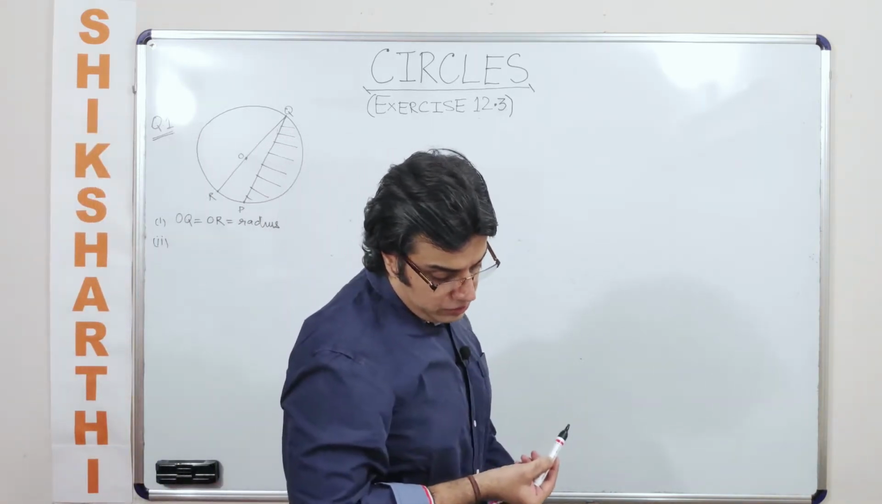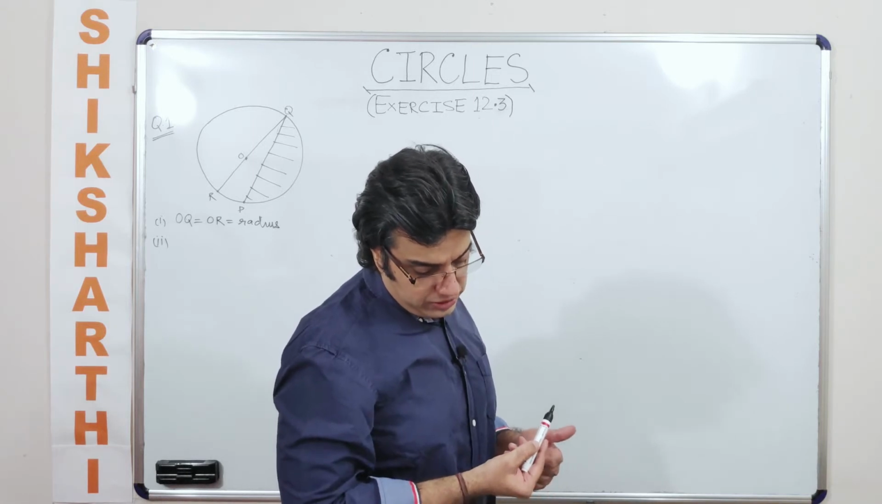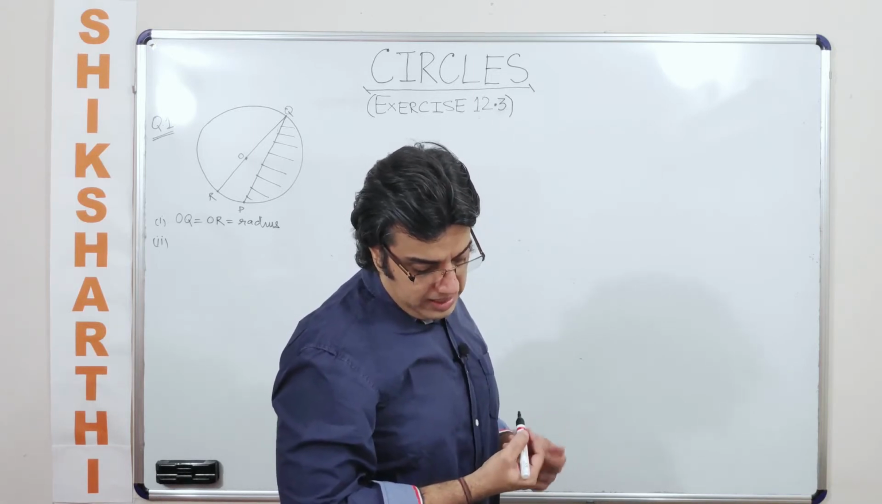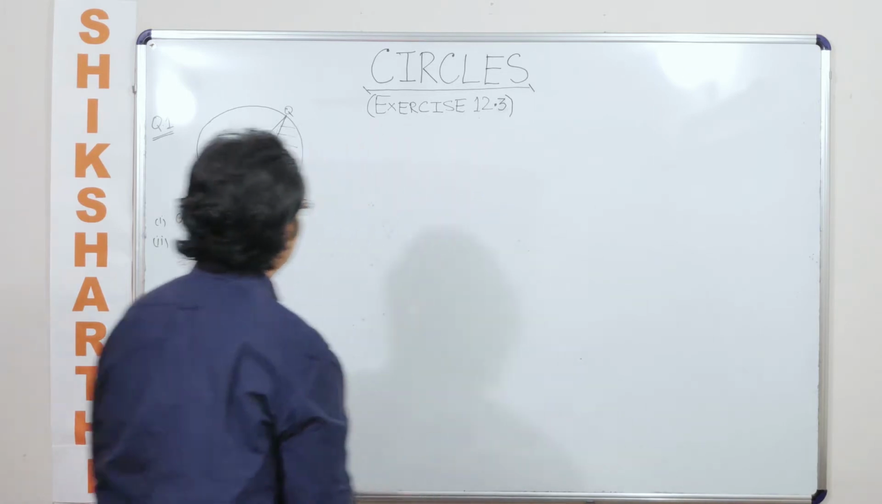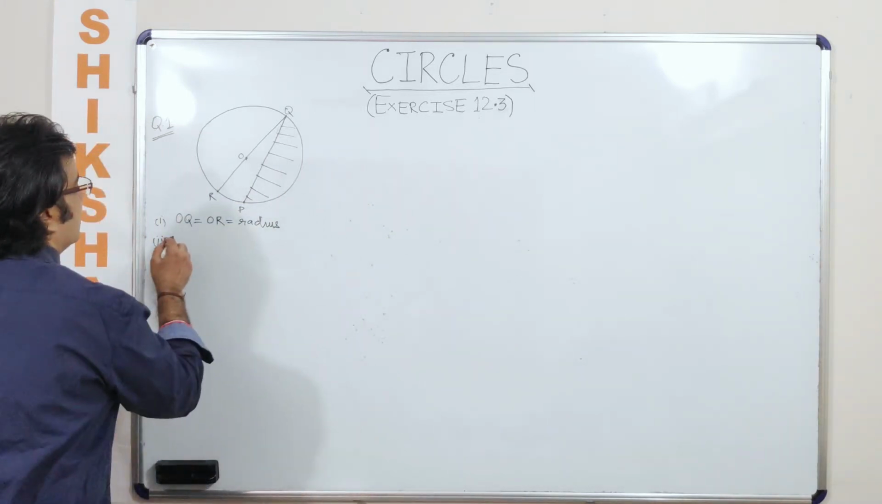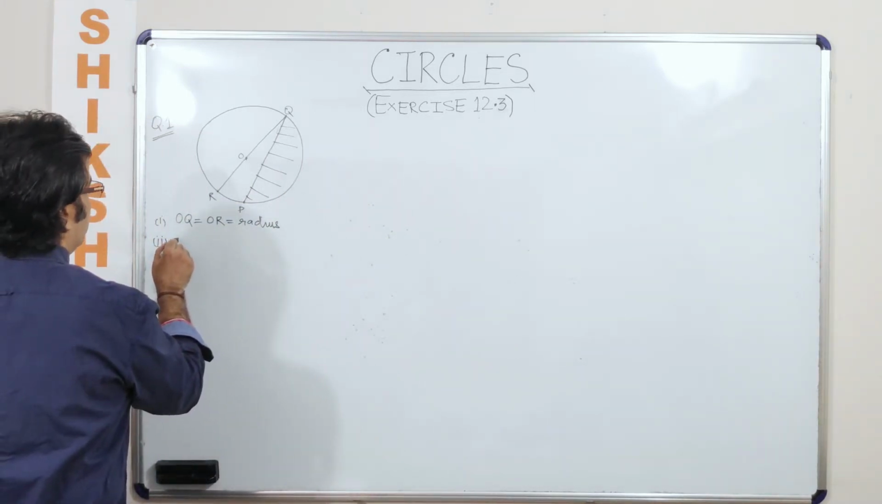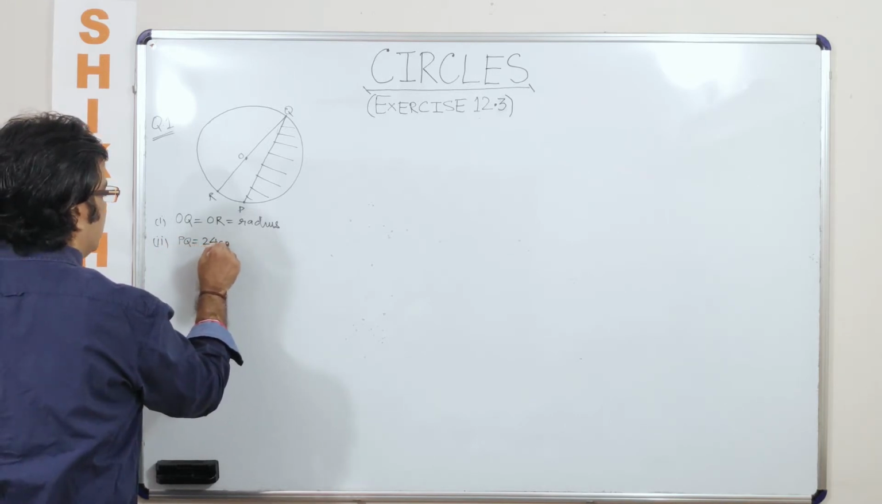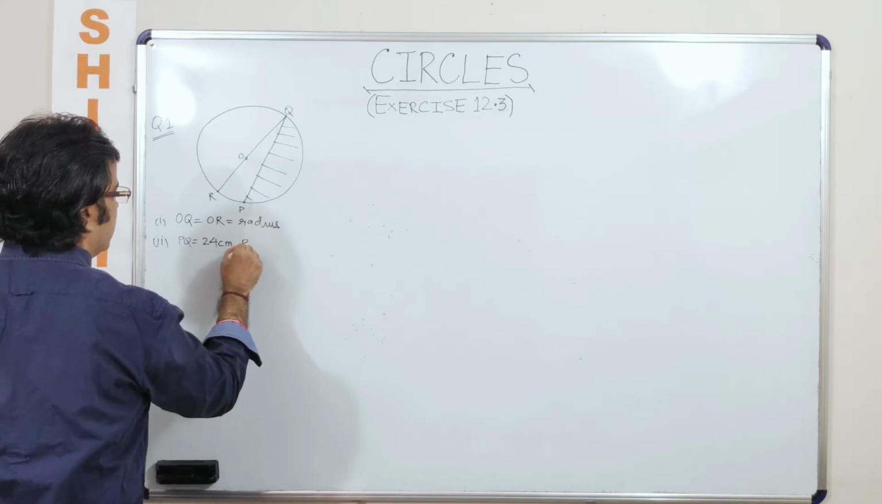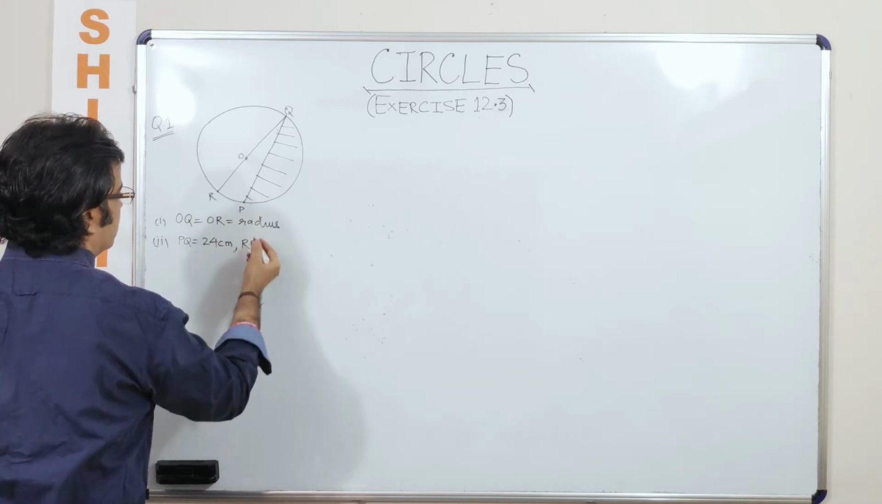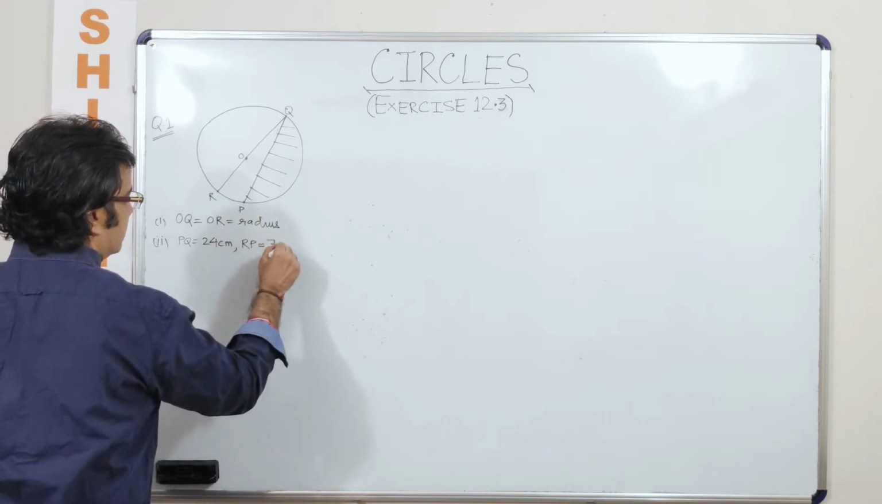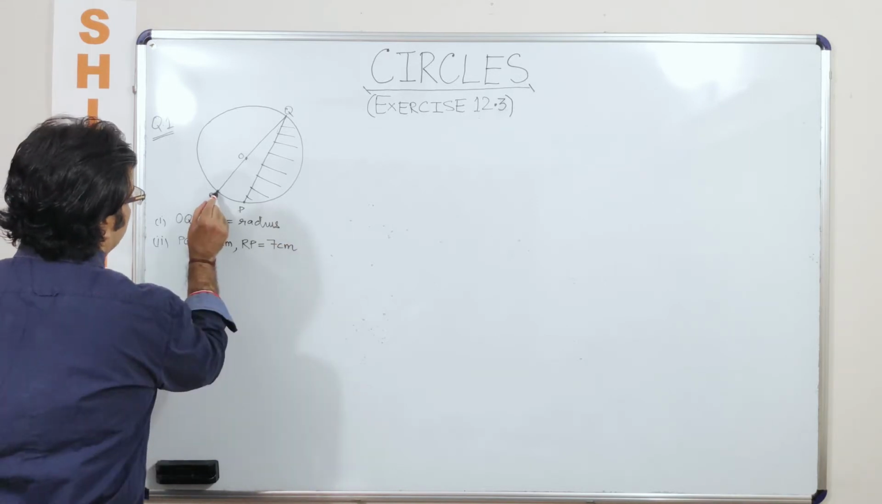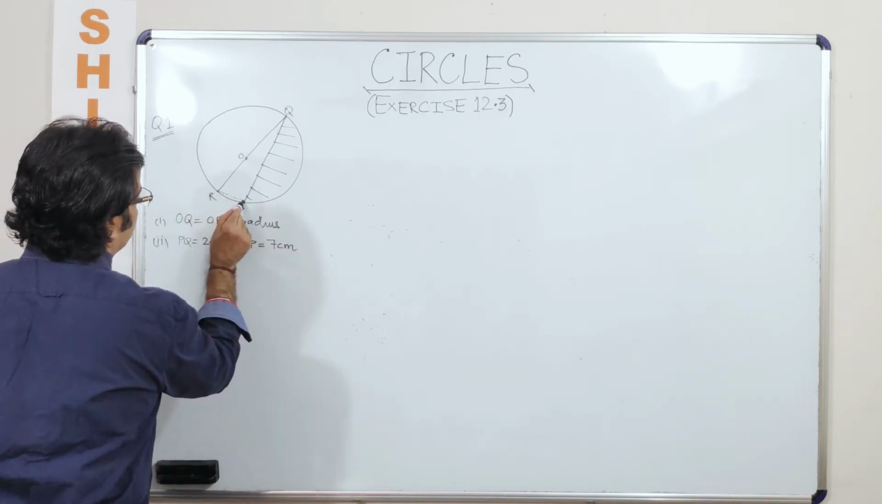But then, are they asking you to find out the area of the shaded portion? Yes, they are asking you. Okay, so in that case, they have given you some values, and the values that they have given to you here are, they have given to you PQ is equal to 24 centimeters, and at the same time they have given you that RP is equal to 7 centimeters. Now when I join RP,